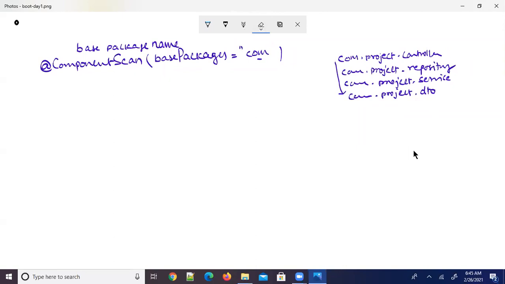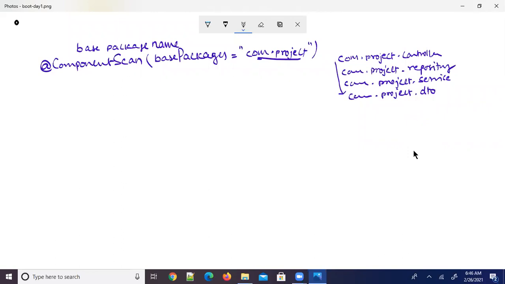So suppose I provide com.project. Now Spring will start the components auto scanning from the com.project package and will enter into all its sub packages, to first of all identify the components and then register them with the Spring container.